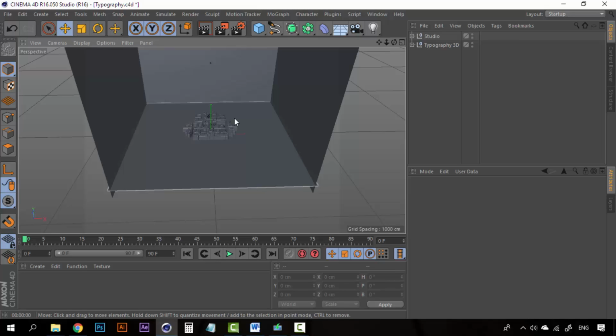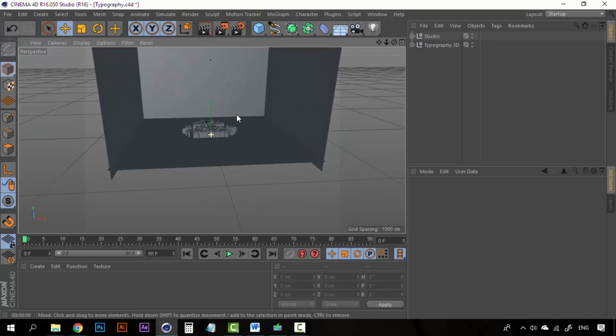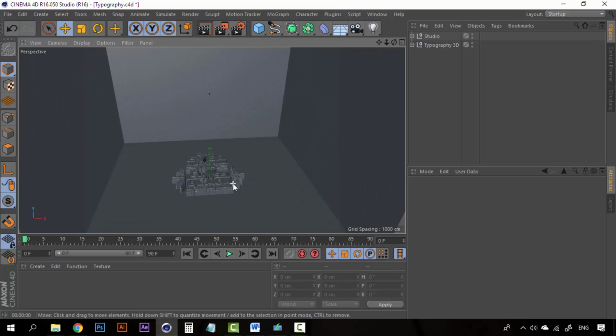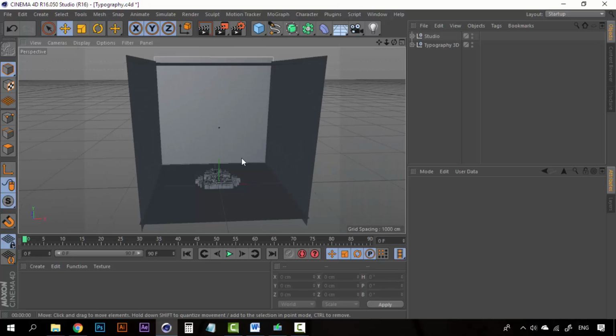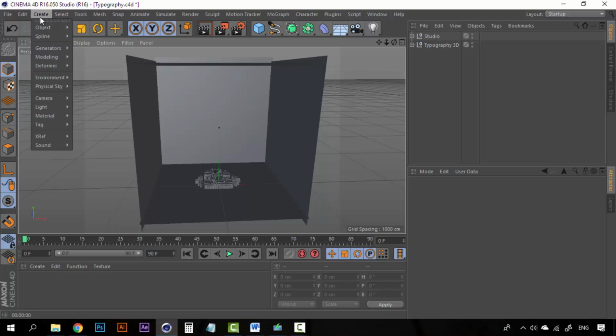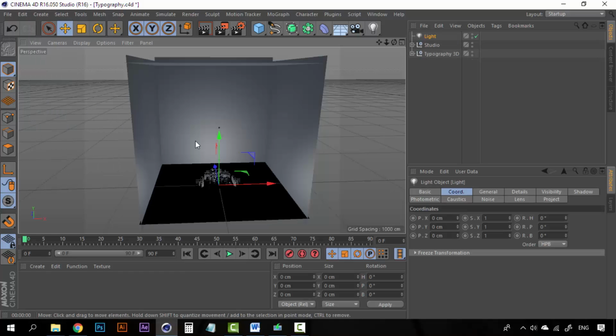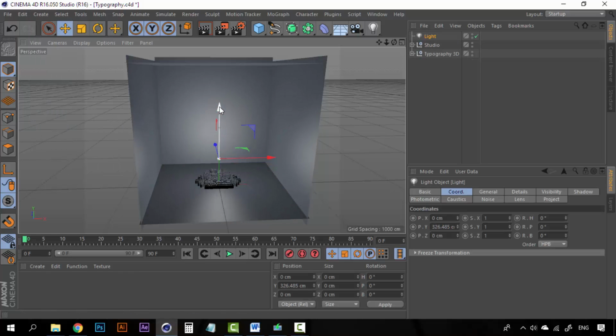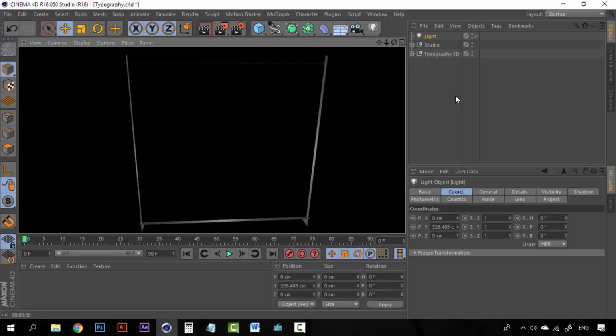Of course, we also need to add the materials so that it ends up looking really cool, but the lights are really important in any 3D software. Creating these lights is really simple. We can go to Create, go to Light, and we have different options for lights. You can create a light here, and if we hit render preview,